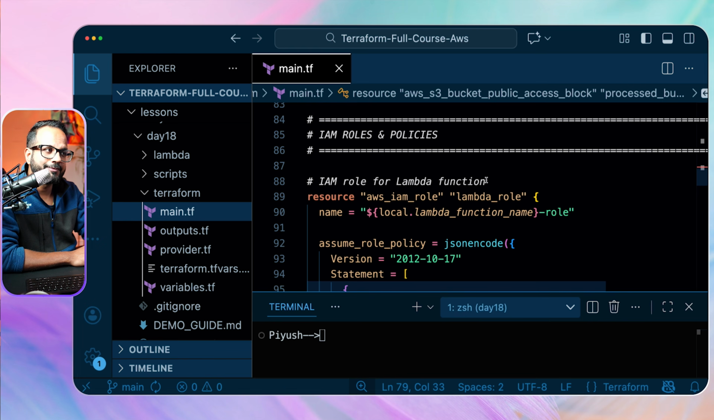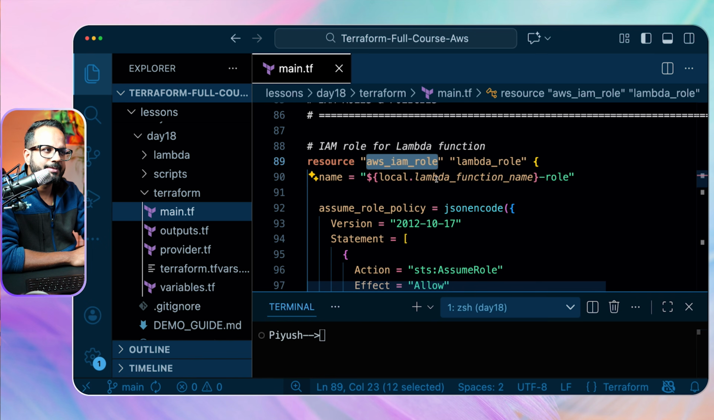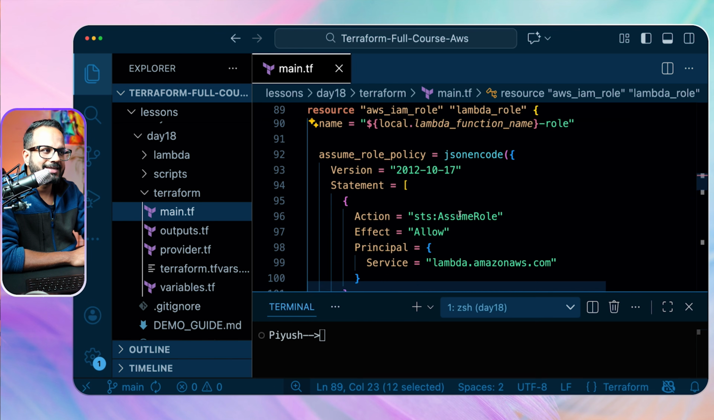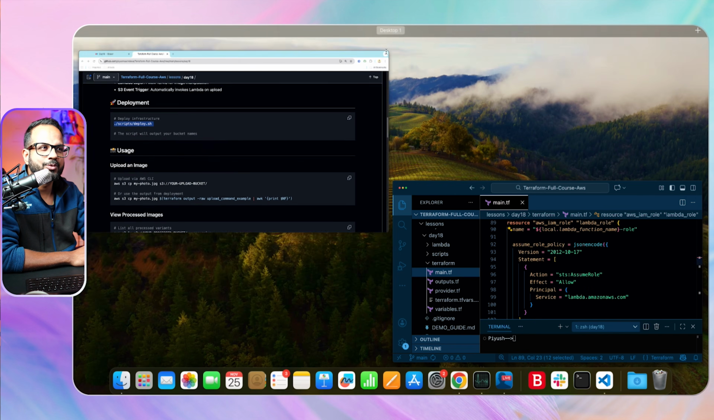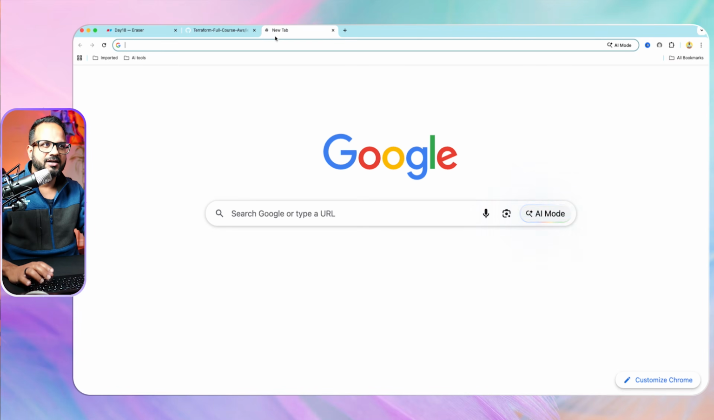So first, the IAM role for the Lambda function. This is aws_iam_role, and it has a policy. I have shown you earlier how we create a policy document. There is an AWS Policy Generator. You can just